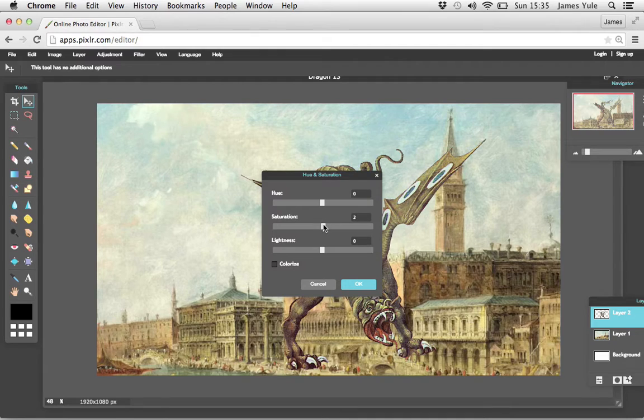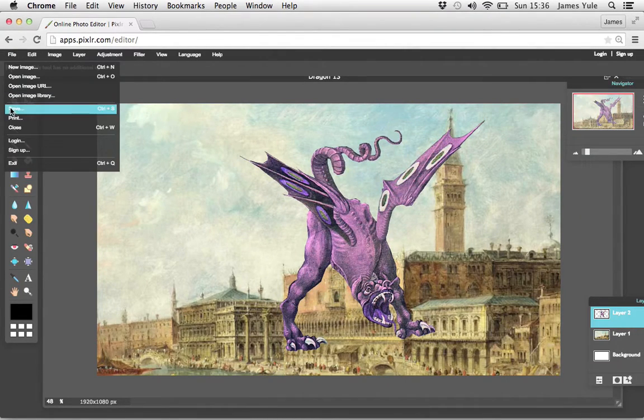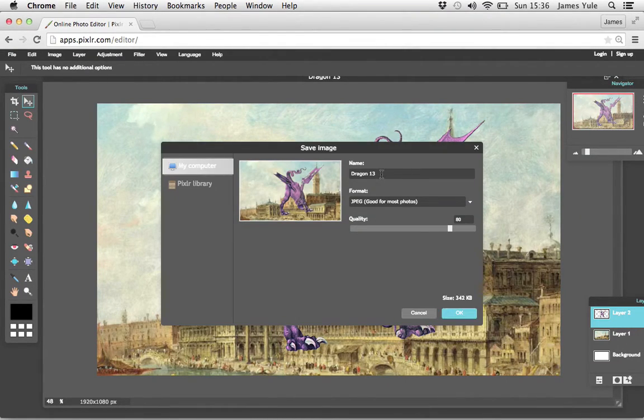So I'll change the hue and saturation. So adjustments, hue and saturation, and I'm going to pull it a bit down. You'll see the dragon's gone purple. And I can move the dragon up a little bit at the same time, and file, save, and that can